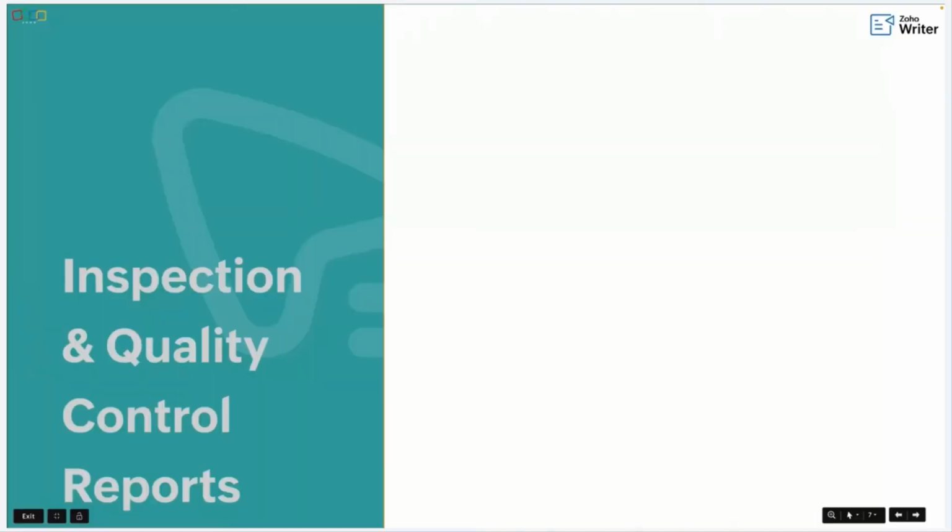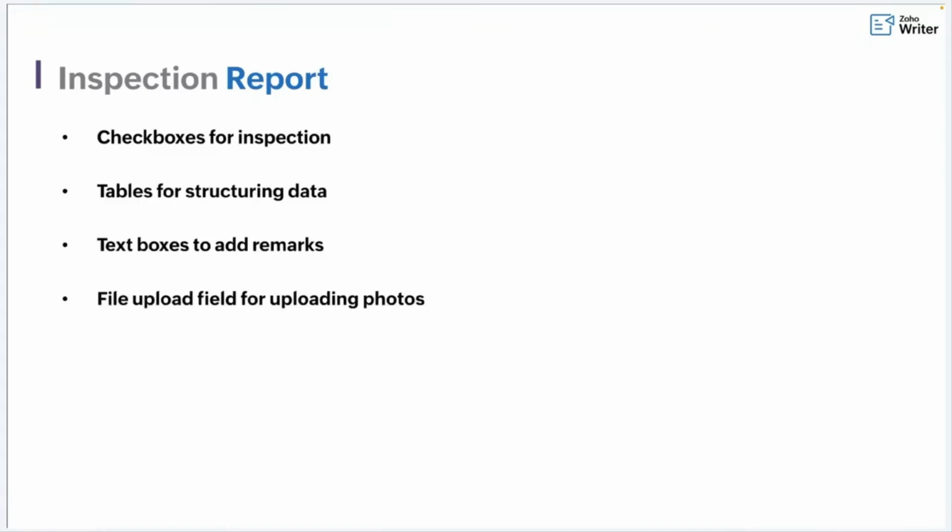So let's look at a practical scenario here. Imagine a quality control manager at a manufacturing plant doing a routine inspection of a newly produced batch. They need a structured way to mark off inspection points, record detailed findings, upload visual proof, and share it with